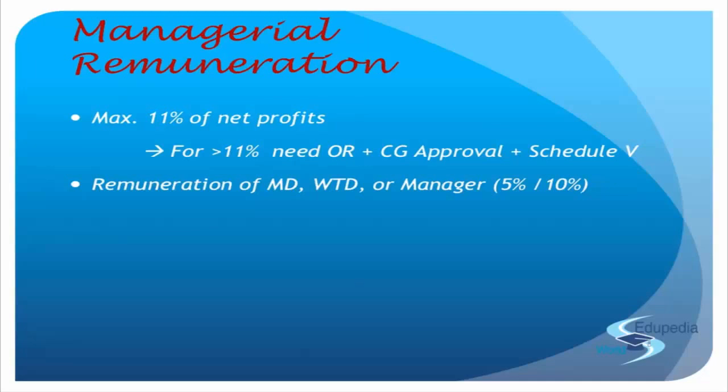It's just one manager, for example, or just one MD or just one whole-time director. So if that is a scenario, right? If there is just one of them, then it's 5% of again the same net profit that we are going to see in section 198. So the remuneration cannot be paid more than this, but again the clause says except with the approval of the company in the general meeting. And when they just say approval in general meeting, it means an ordinary resolution. And for this you do not need any CG approval or Schedule 5 or something like that. Right? That only goes with the 11% figure.